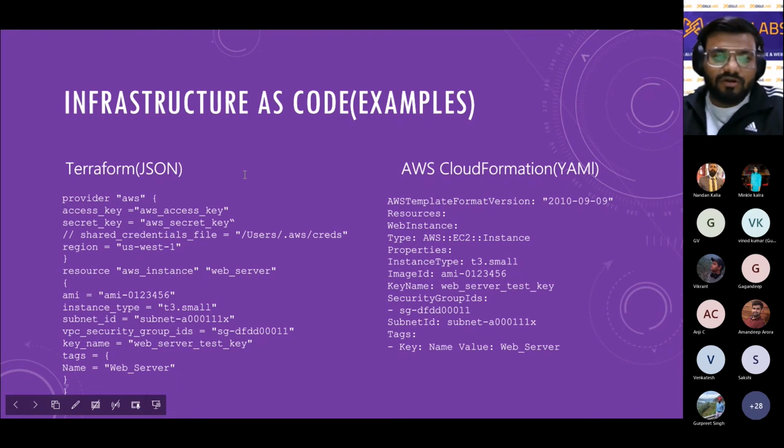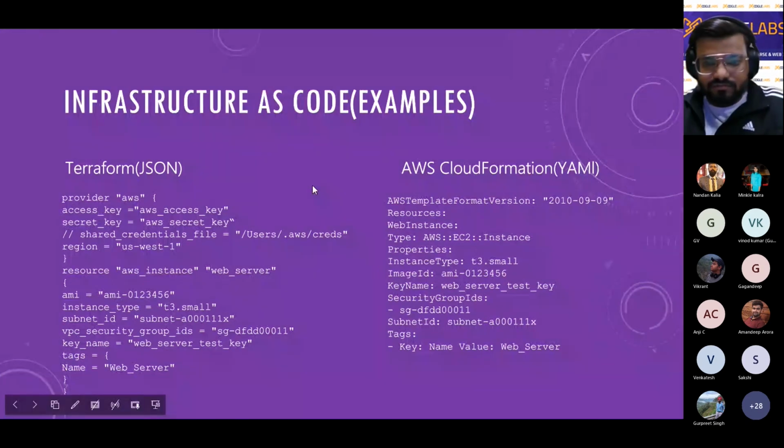Then we have learned about why we need IaC. It was developed to address the increasing complexity of infrastructure environments. Then we have learned about when and how to use it, and that we can use it in different scenarios. We have also learned about applications of infrastructure as code, and how we can use it in different ways. And at last we learned about some popular tools that we use for infrastructure as code.